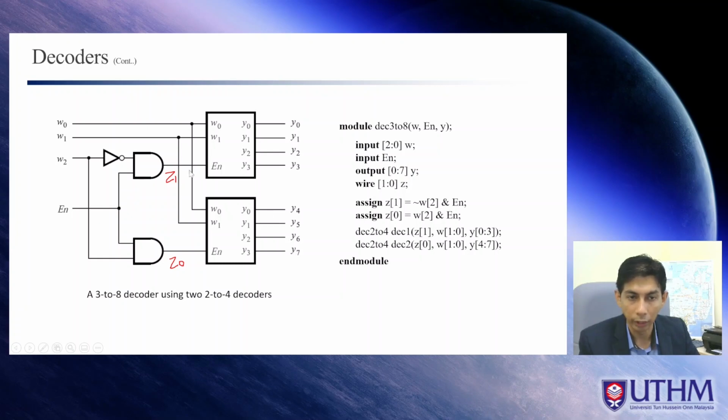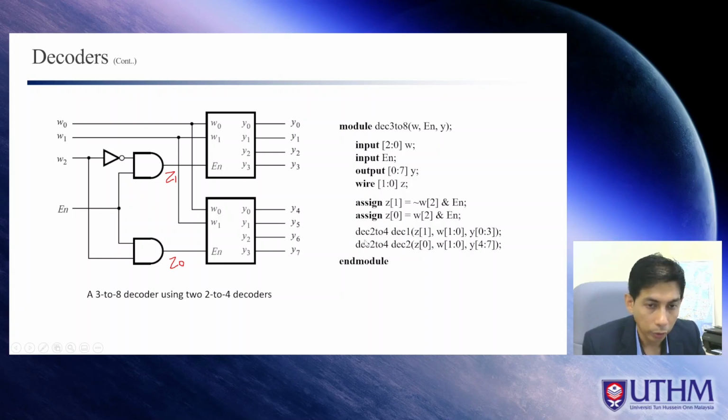So you have Z1. And Z0 is EN and W2, or W2 and EN, right? So you have Z0. And you can use the structural modeling here, where you need to instantiate the